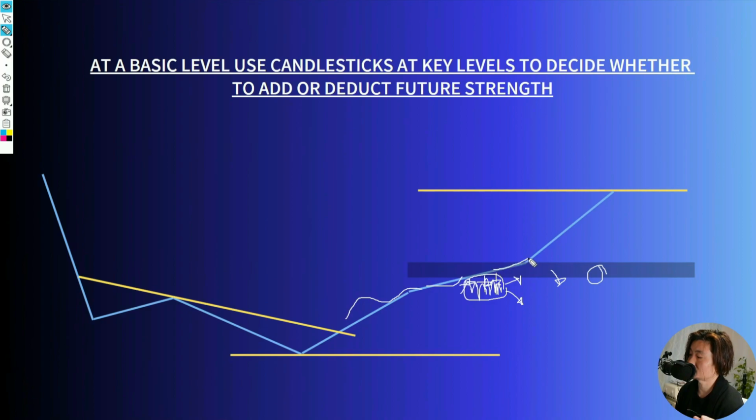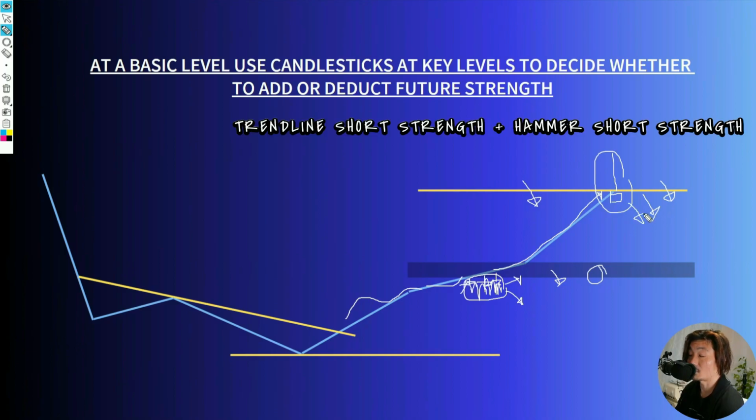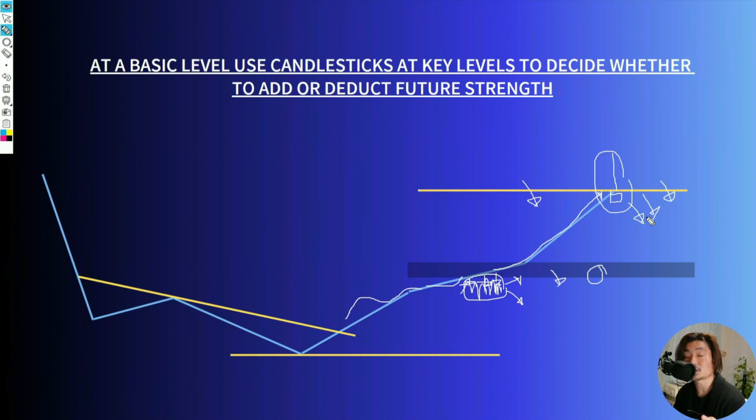Okay, now let's say price does get through, reaches this level right here, or let's say we get a nice hammer that shows future short strength. Well, in this case, since this trend line right here originally shows future short strength, we would then add more future short strength because this hammer also provides short strength. Okay, so using candlesticks at the basic level should be used in conjunction with other price elements that show future